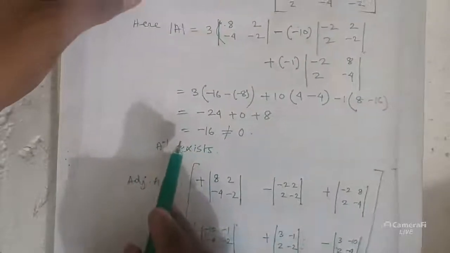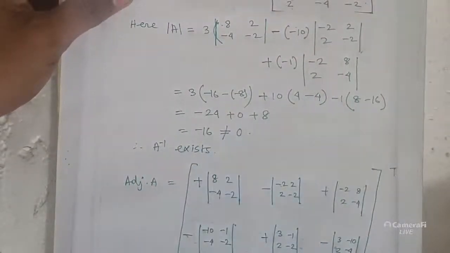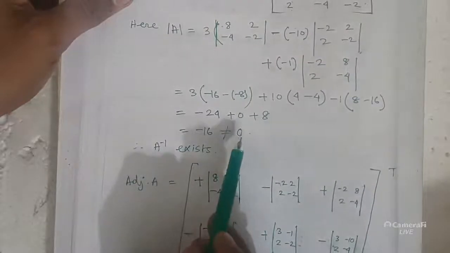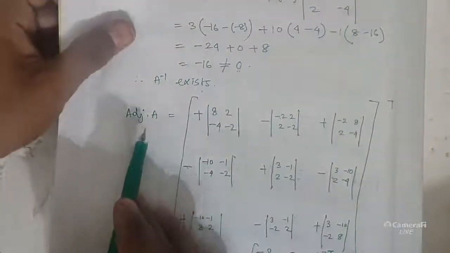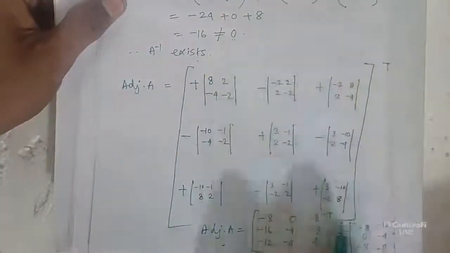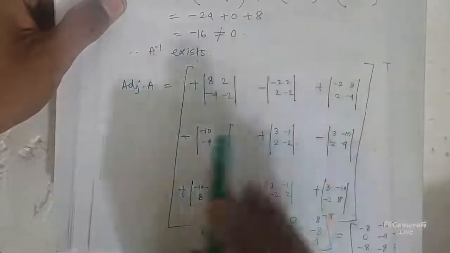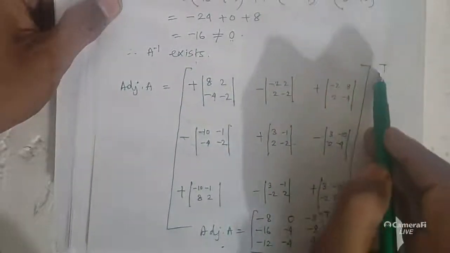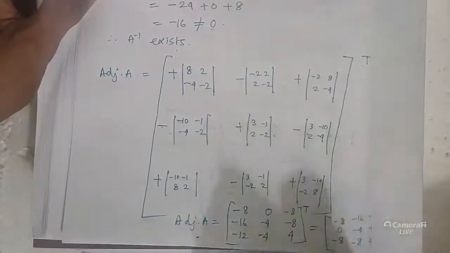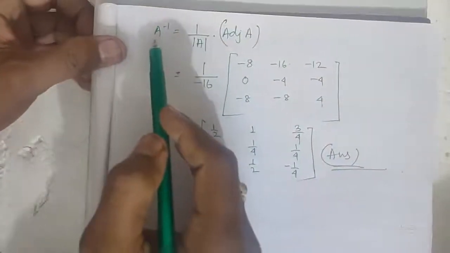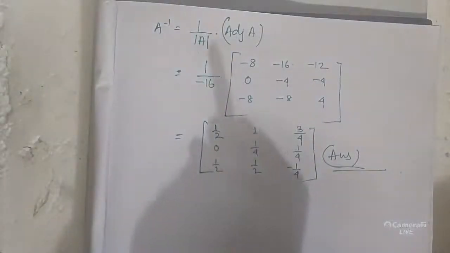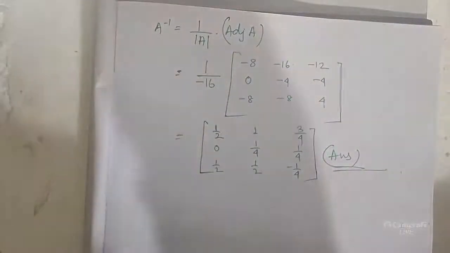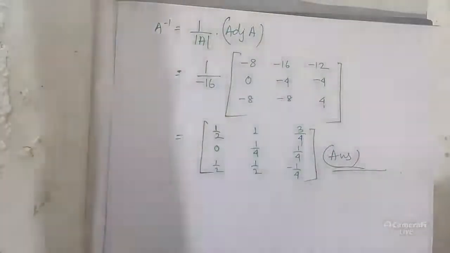First you have to check whether the matrix is non-singular, that means determinant A not equals to 0. If it is not equals to 0, then A inverse exists. Then you have to find adjoint. How to find adjoint? Corresponding cofactors you have to write down against their actual places. Then you have to take transpose of that matrix, so that will become adjoint A matrix. After finding adjoint A, you have to apply the formula of A inverse. A inverse equals to 1 by determinant A into adjoint A. Okay, so in this way you have to find A inverse.